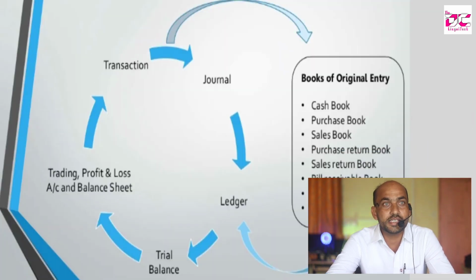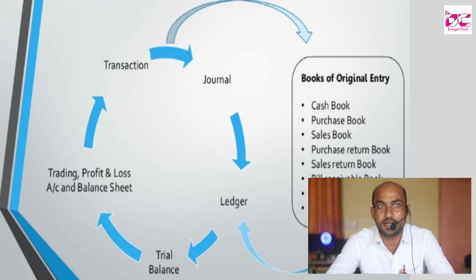So next point, we will see the accounting cycle. The accounting cycle starts from bookkeeping. So you should know about bookkeeping. Bookkeeping is the recording of business transactions in a very systematic manner. We call it bookkeeping. The definition of bookkeeping is the art of recording business transactions in a set of books. It means we are recording the transaction. Transaction means exchange of goods and services in terms of money. We call it a transaction.